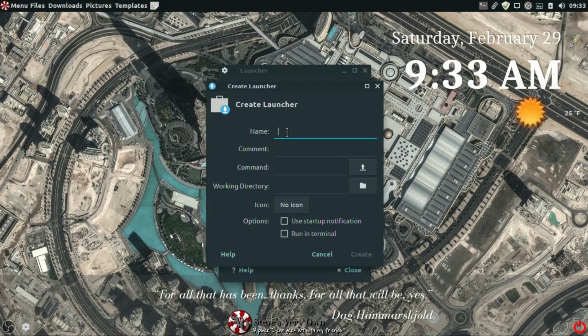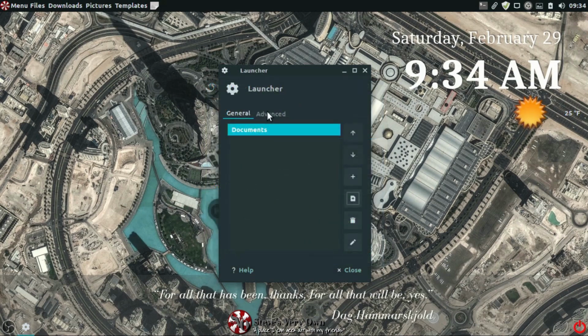And we're going to name this, how about we do the document one? So we'll do Document. Comment, you can add document in there so when you hover over it, it shows, but I don't do that. And the command we're going to use in Nemo here, we're going to use nemo /home/username/ with a capital D Documents. I'm not doing an icon. Go to create. And before we close, we're going to go to advanced and we're going to use show label